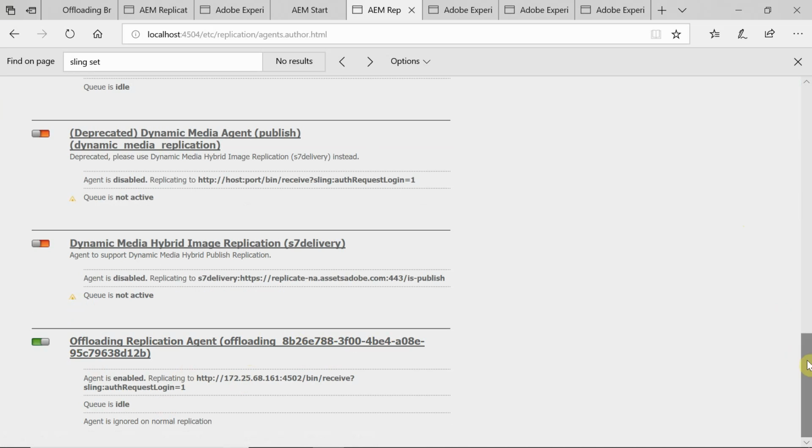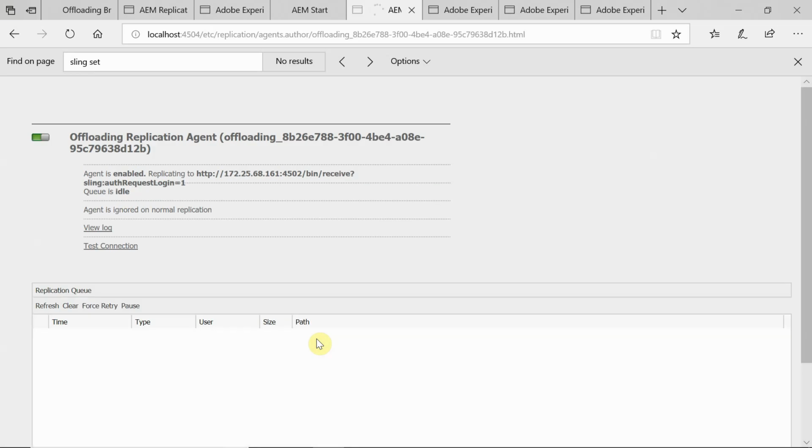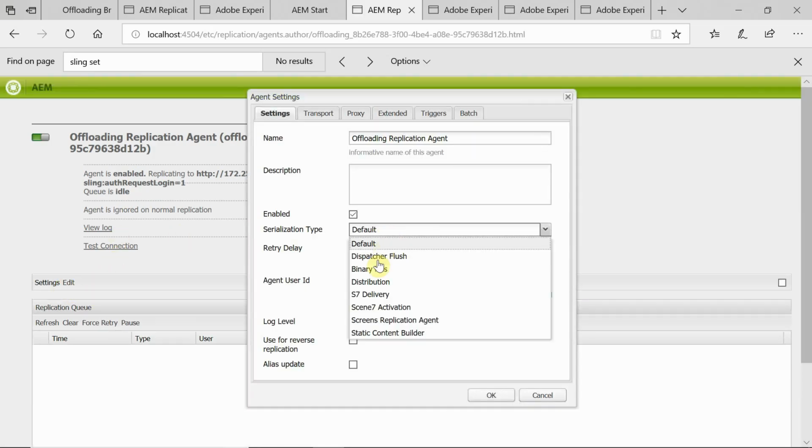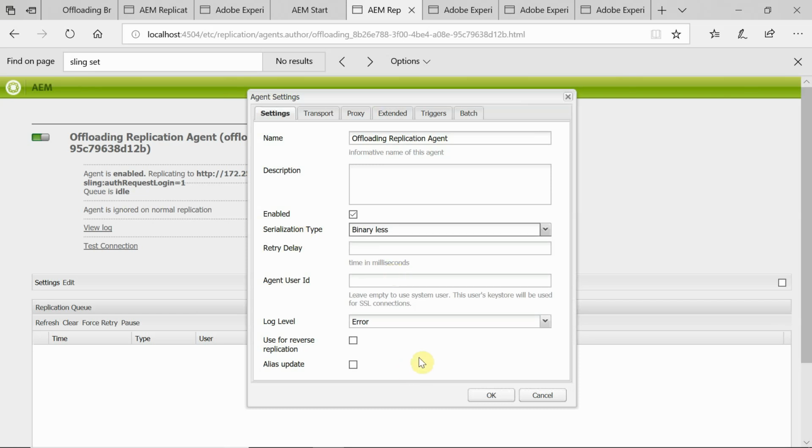Now you have to perform the same changes. This replication agent sends the processed content back from the worker to the master. So click on this, go edit it. Again binary less, because I am going with the shared data store.